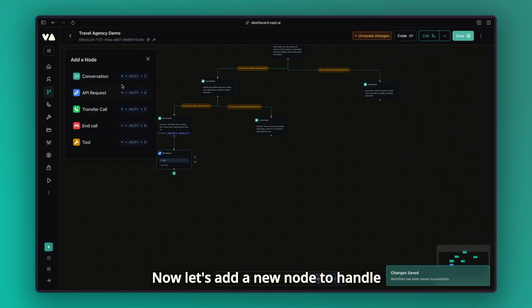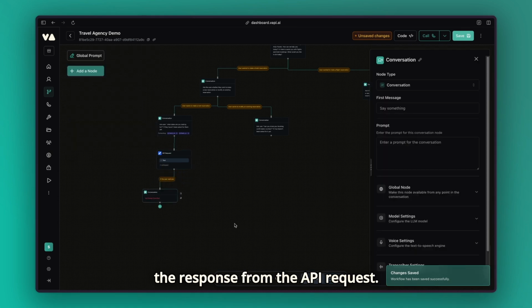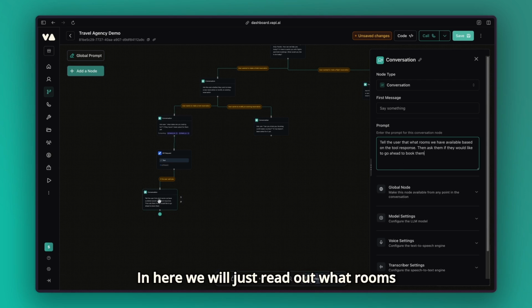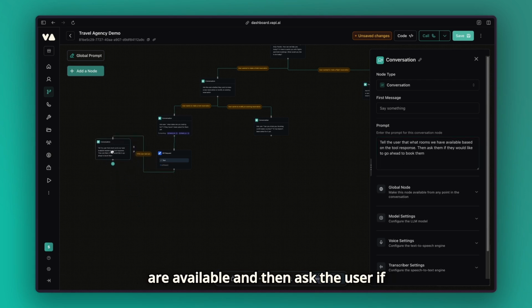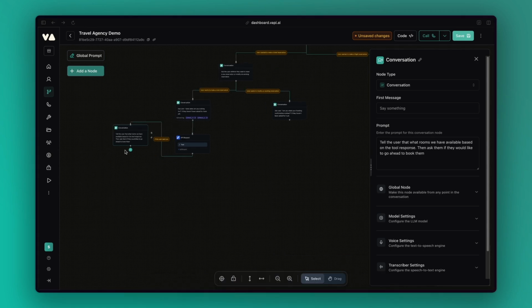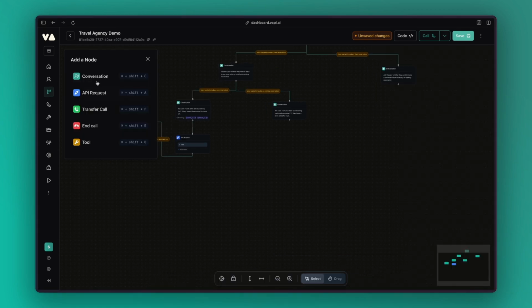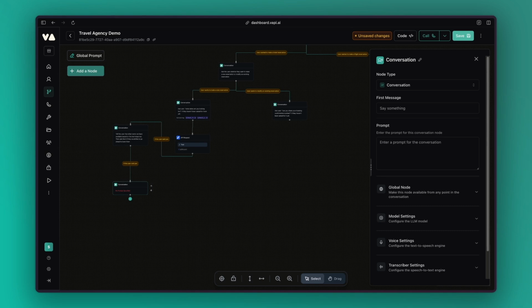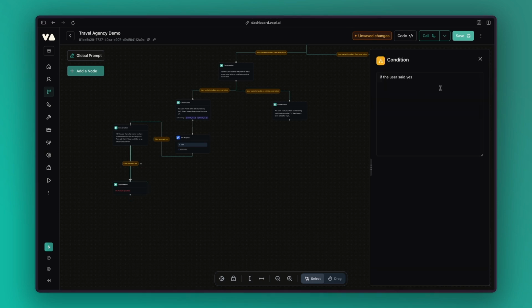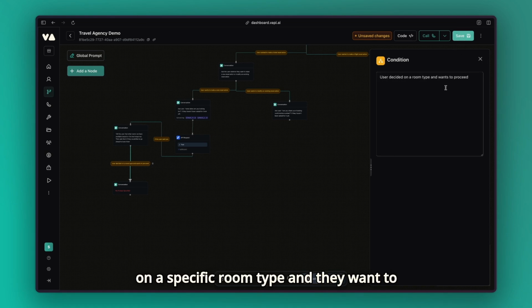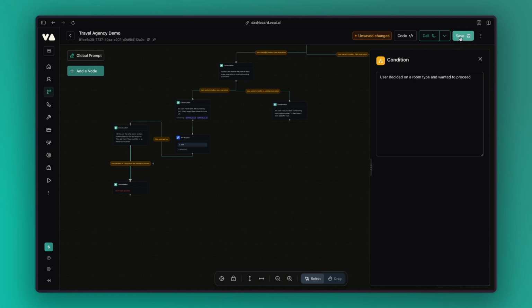Now let's add a new node to handle the response from the API request. In here, we will just read out what rooms are available, and then ask the user if they want to go ahead and confirm them. So we'll say if the user decides on a specific room type and they want to proceed,